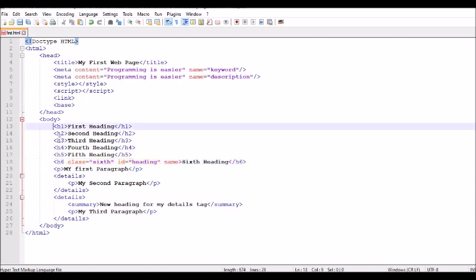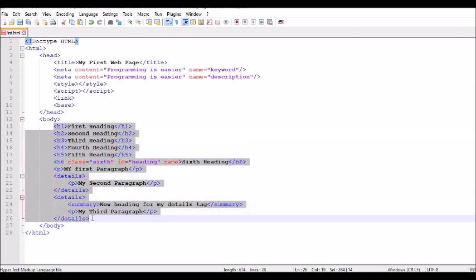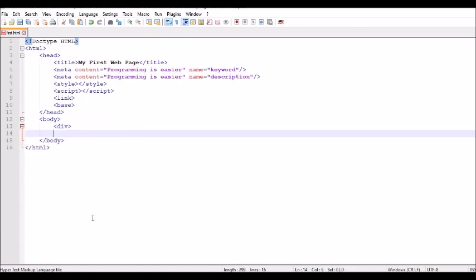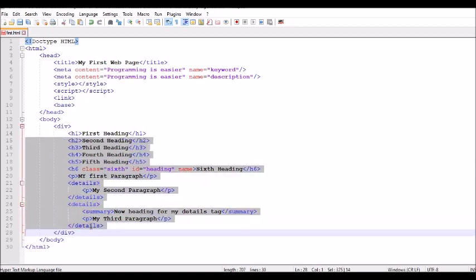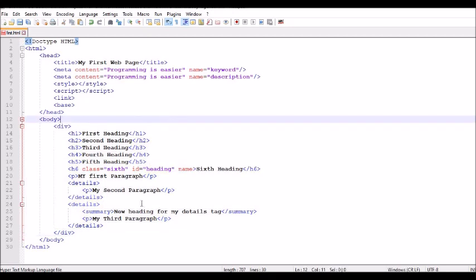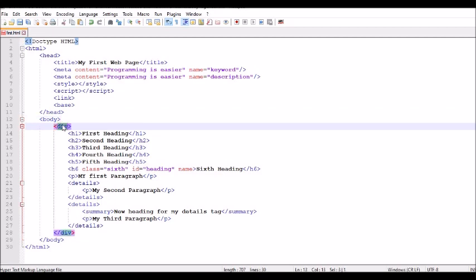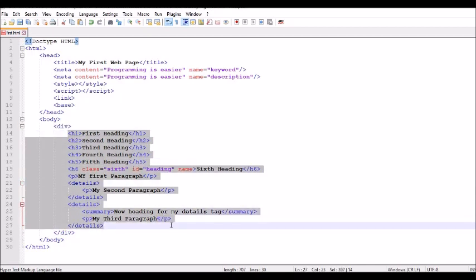So now I am going to enclose this content inside a div tag. So if I am enclosing all these tags inside div tag, our output will not change. However, in certain situation, if you want to format these tags, you can simply use div. That is, you can simply give formatting options for div tag alone. Automatically, all these tags will have such similar formatting, right?